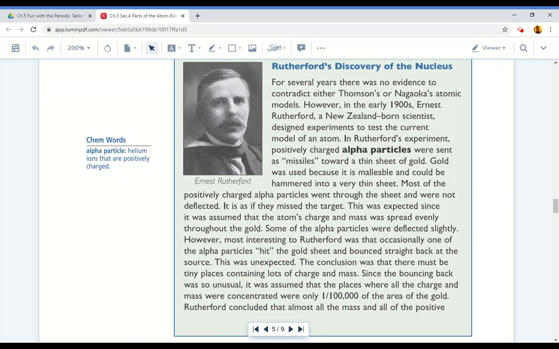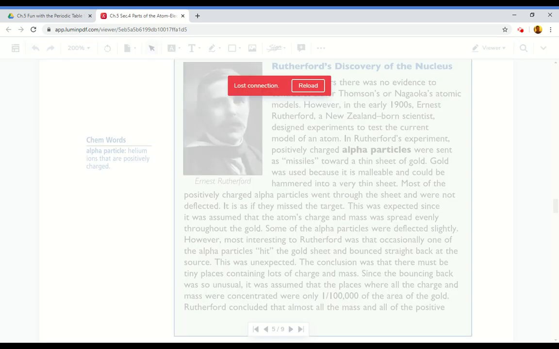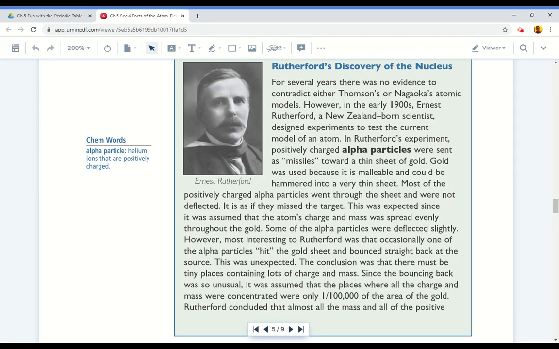Rutherford's discovery of the nucleus. For several years, there was no evidence to contradict either Thomson's or Nagaoka's atomic models. However, in the early 1900s, Ernest Rutherford, a New Zealand-born scientist, designed experiments to test the current model of an atom. In Rutherford's experiment,